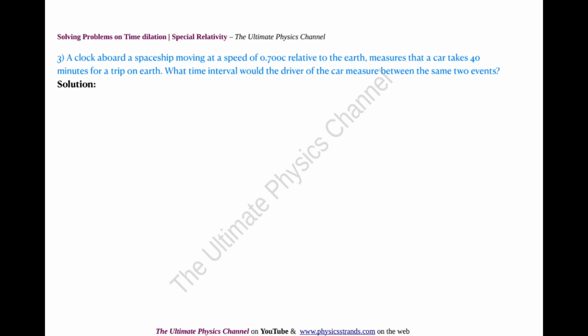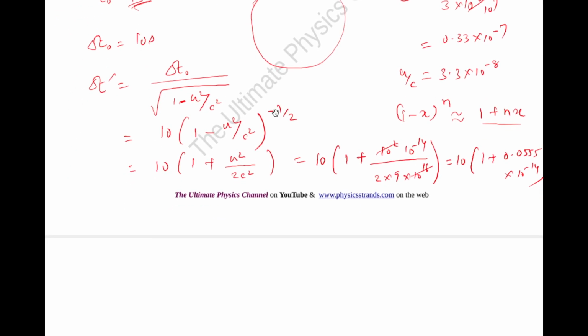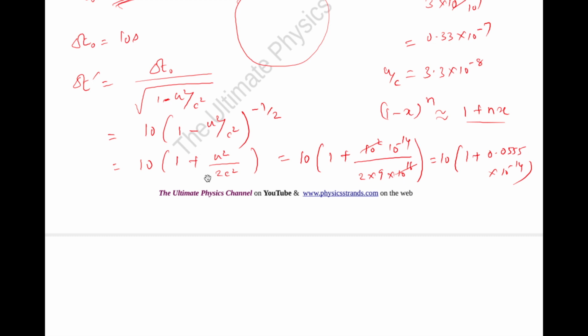So in this case, therefore, the dilated time is equal to 10 plus this one, which is multiplying inside, so it is 10.555 into 10 power minus 14